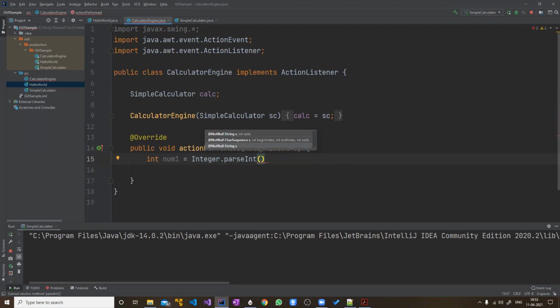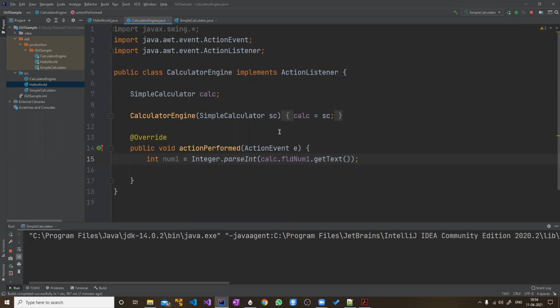Parsing means it processes whatever text you give it. The text which you are going to give it is this calc dot field dot get text. Right. Now that error is gone. So this get text will give you the text, and that text will be passed to the parseInt function.